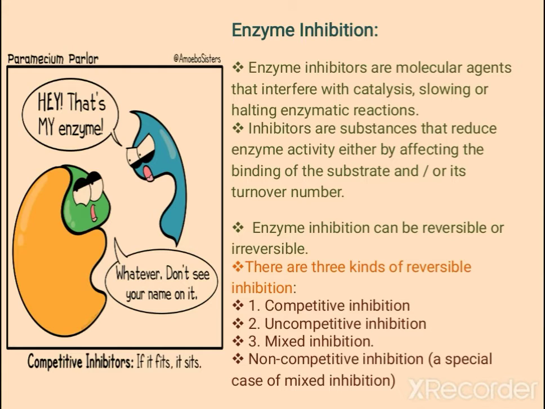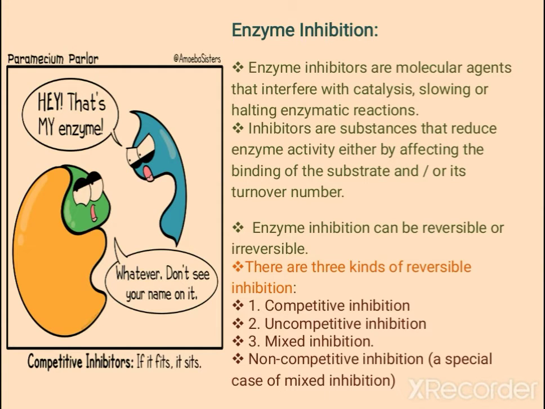If the enzyme inhibition is irreversible, that means enzyme and the inhibitor bind with each other by a covalent interaction. Sometimes it may be a non-covalent interaction also, a permanent non-covalent interaction, but in most cases the irreversible interaction is produced by the covalent interaction. So, we will discuss the reversible inhibition first.